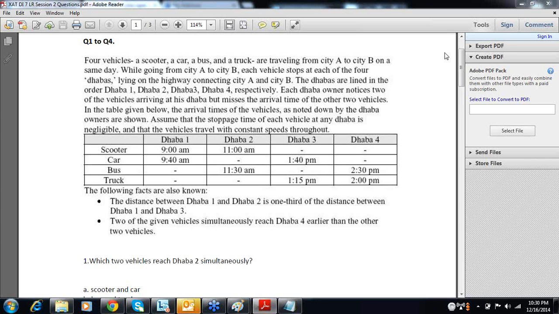The following fact is also known. The distance between dhaba 1 and dhaba 2 is 1/3 the distance between dhaba 1 and dhaba 3. So this distance and this distance are in the ratio 1:2. So the time will also be in the ratio of 1:2. Okay. Then it is saying that 2 of the given vehicles